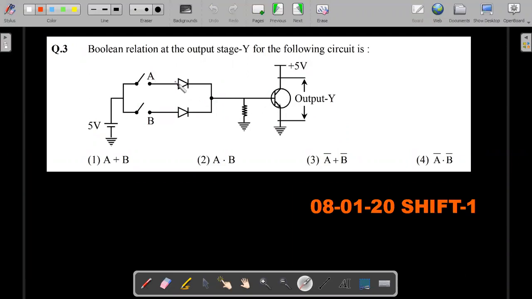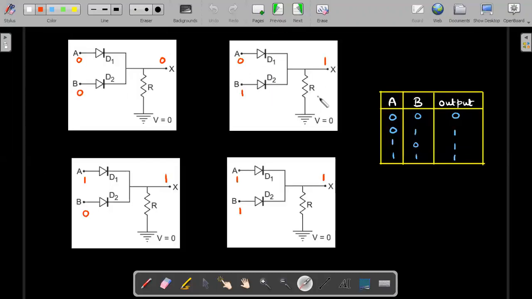I'll first discuss the part on the left, which is the diode circuitry. This is how I have split that part. I'm going to check for each of these possible values of Boolean 0 and 1 and build a truth table on the right, as you could see. When you have a 0 and a 0 here, both of these would be in reverse bias, as you could have a positive terminal of the PN junction diode with a 0. So none of these will conduct, right? And then this 0 would conduct through, because this is an open resistor,